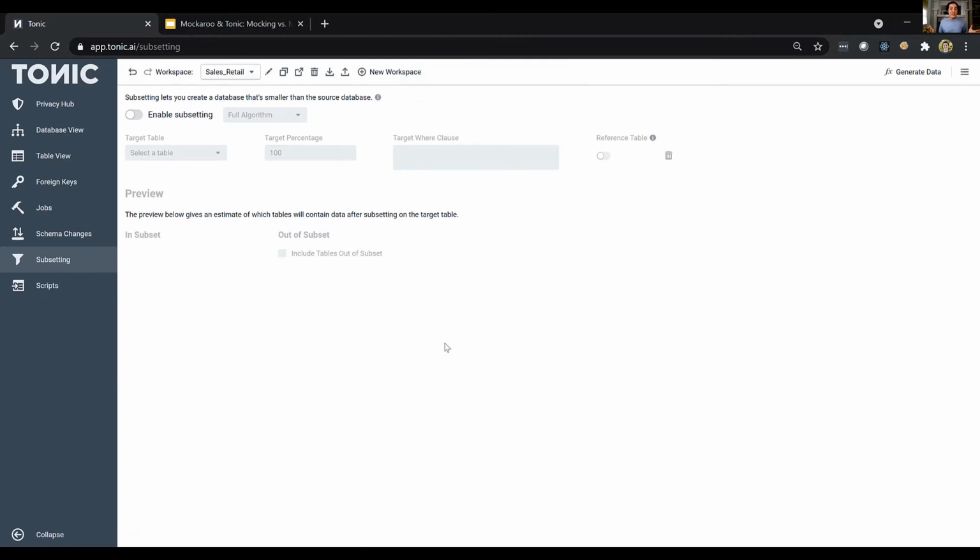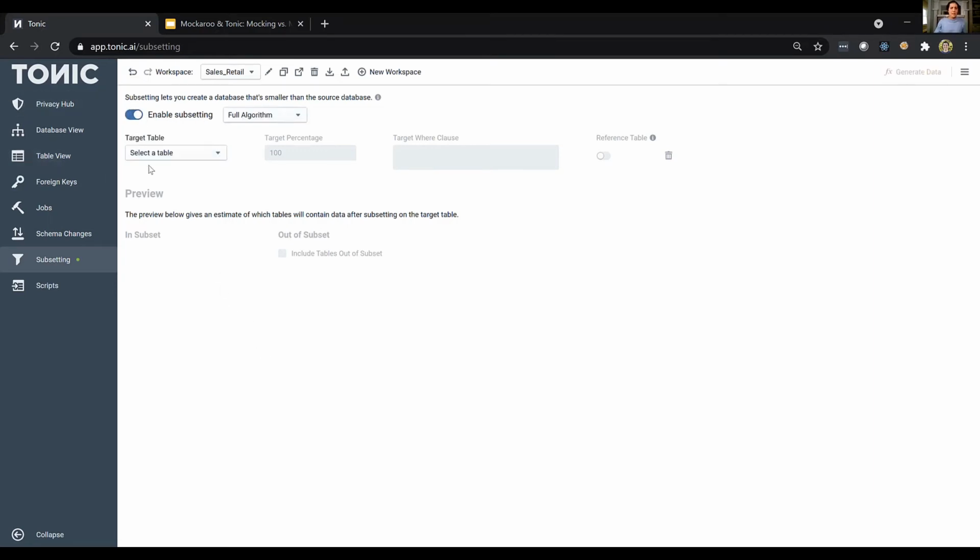Or perhaps you're trying to generate a database that can be used for local development purposes. You know, it's going to be running on people's laptops. You can't put a 5 terabyte database on someone's laptop. That's simply not going to work. But with subsetting, you can generate a statistically good and a referentially intact version of your production database. And all of the transformation rules that we applied earlier will be applied on top of your subsetted database. So let's see how subsetting works.